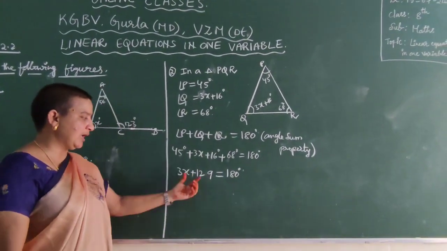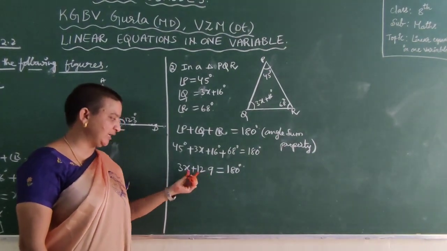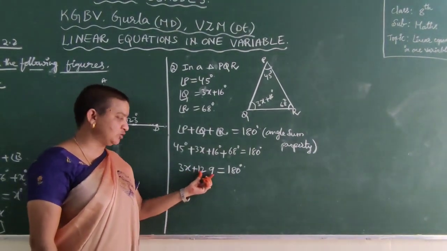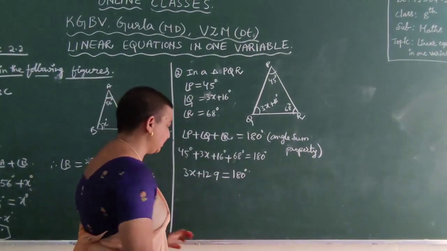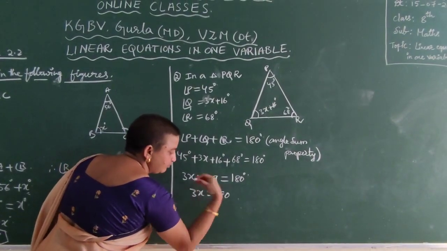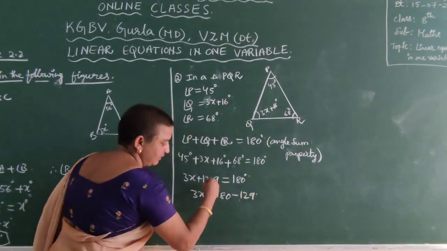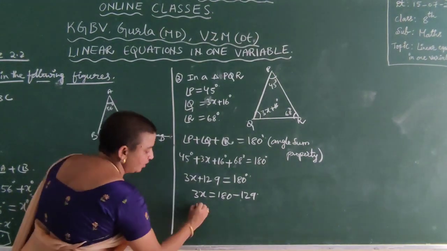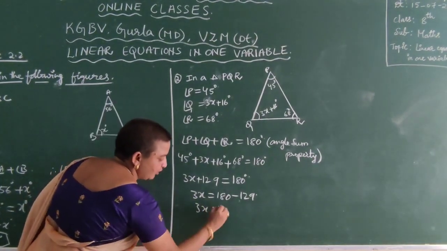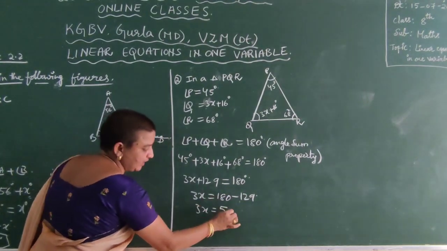Here we add 129 with a positive sign. We are adding 129 to 3x. If we transpose 129, it becomes negative. So 3x is equal to 180 minus 129. If we subtract 129 from 180, we get 51